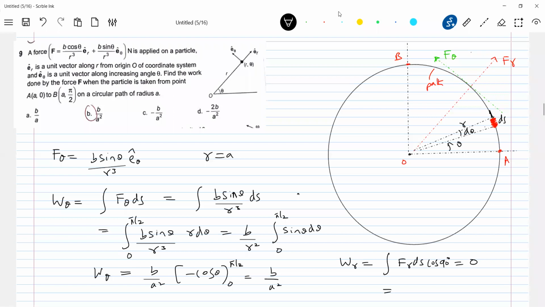So what is the net work done? The net work done we can write as W theta plus Wr. So different types of forces will come in. As far as physics is concerned, we should bother about what is actually going on, not just integrate and substitute limits. We must analyze. These diagrams are very important.